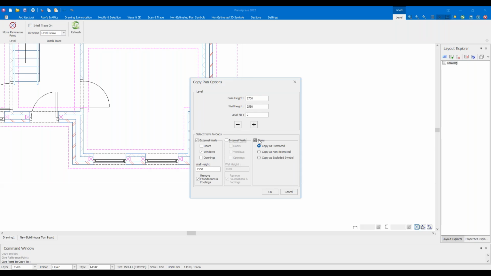And we also have stairs. We do want to copy the stairs because we want to be able to see the stairs upstairs so we can see the footprint of the stairwell. Now I can copy them as non-estimated as well, or I can copy them as exploded symbol. Normally, I would go for exploded symbol, but in this case, I'm going to go as non-estimated because I want to illustrate another tool later on, as well as show you what happens when something is still a symbol and then when it's exploded, how it's not. But with those settings there, so just external walls and windows being copied across and stairs set as non-estimated, I'm going to click OK,